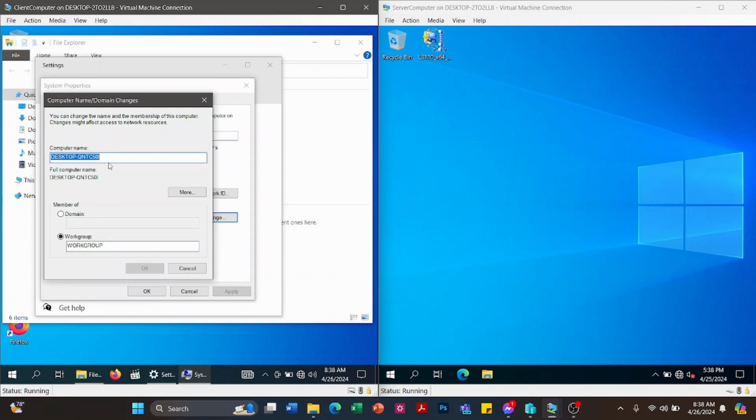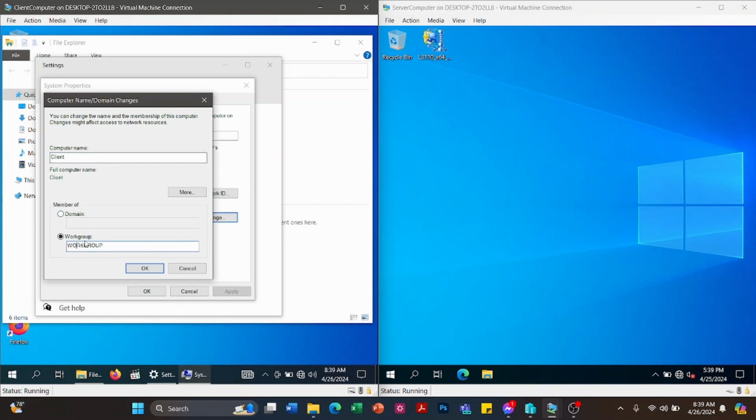Okay, so let's change the computer name into client. So meaning this computer is the client computer.